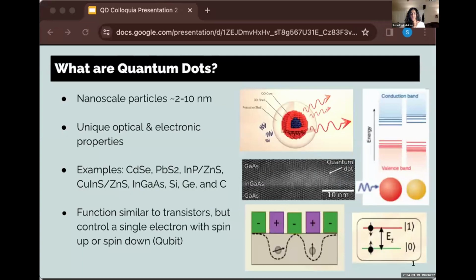Initially discovered in 1980, quantum dots are semiconducting nanoscale particles measuring between 2 and 10 nanometers in diameter. Some materials of which they can be composed are cadmium selenide, lead sulfide, indium phosphide, zinc sulfide, and silicon. They exhibit unique electronic characteristics that range from those of larger semiconductor materials and individual molecules. This is due to their exceptionally high surface-to-volume ratios, which manifests in fluorescence. Quantum dots generate colors based on their particular size.